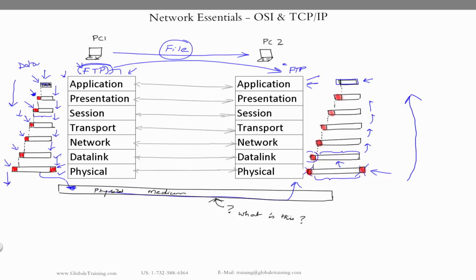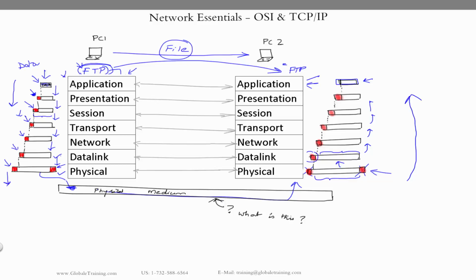Again, this is a reference model. There is no such thing called OSI protocol, right? It's just a reference. It's almost like a blueprint saying, hey, this is how the communication should occur. This is almost like having a blueprint of a car. You're saying, hey, this is how a car should be. A car should have 4 wheels. A car should have a certain shape. A car should have a steering. 4 people as a capacity, or 5 people. You're saying that is how a car should be.